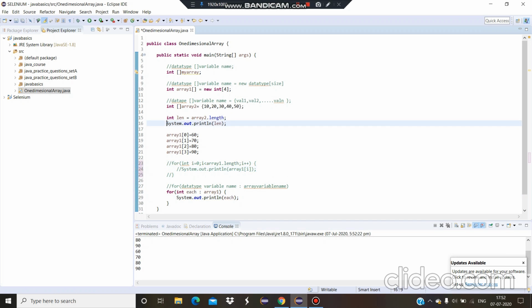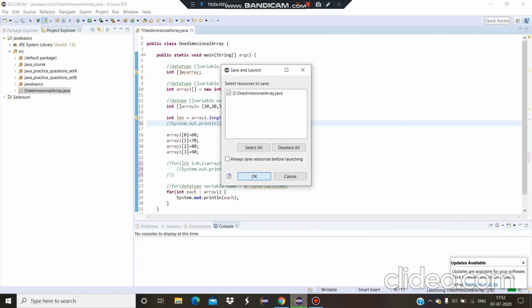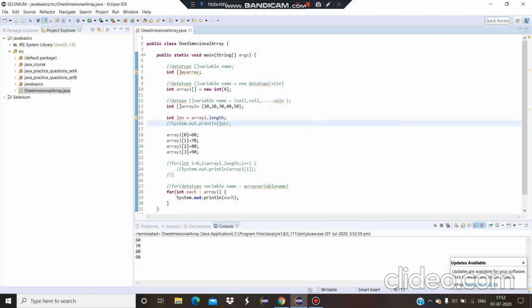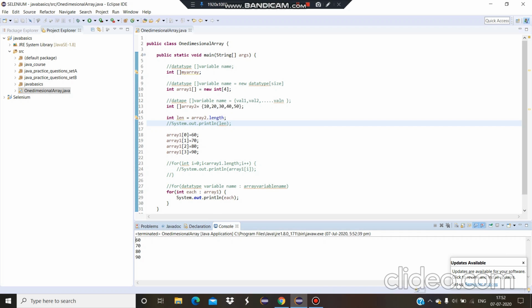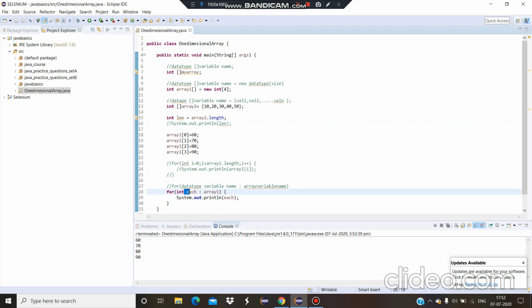So I am commenting the other statements that would be a hindrance to it. And yes, 60, 70, 80, 90. The values are printed one by one. In case of the for each loop that you are going to use, it is enough if you declare the variable name inside the for loop. It is enough not to declare it as we have used in the normal for loop.